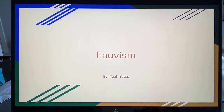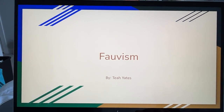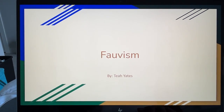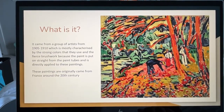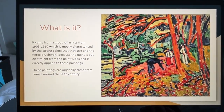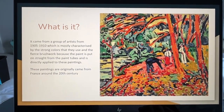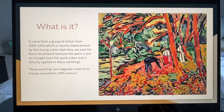Yes, this one was very fascinating to me once it was told to us in one of our literatures. So the word sounded interesting, so yes, I chose this as a research topic. What it is, it basically came from a group of artists from 1905 to 1910, so it didn't last very long. But this type of art or painting is mostly characterized by the strong colors that they use and